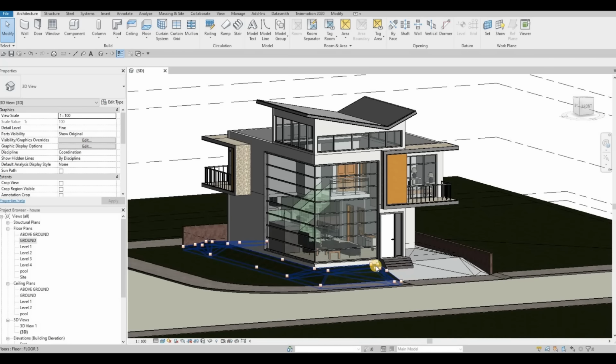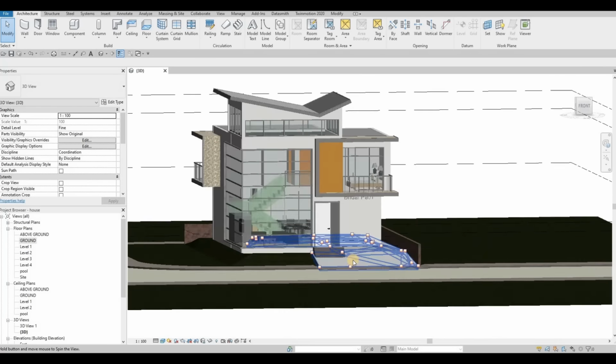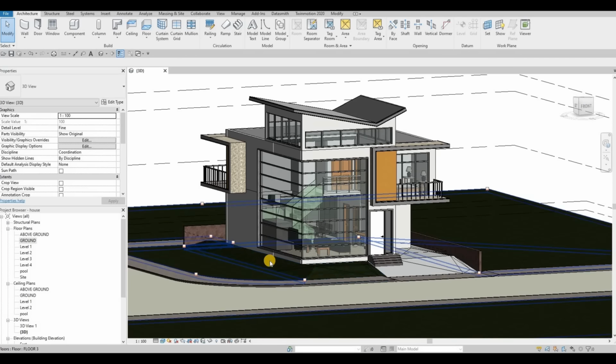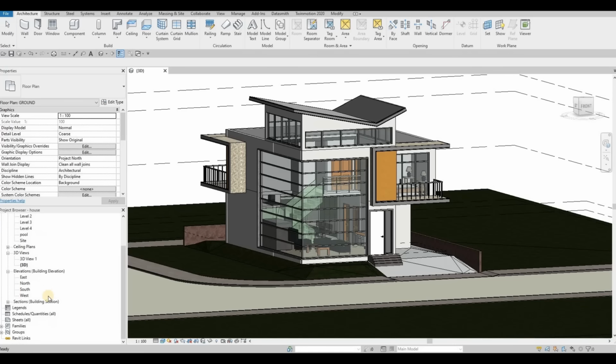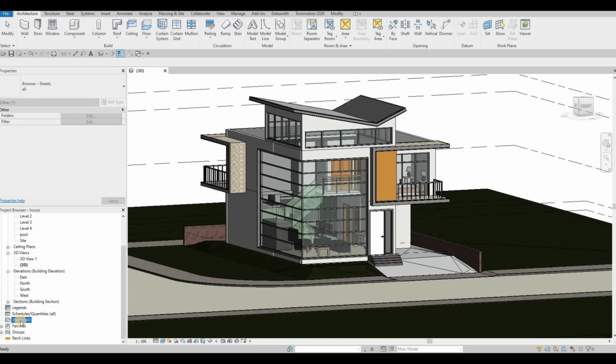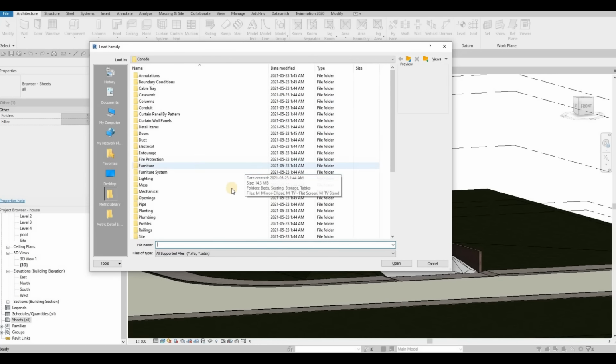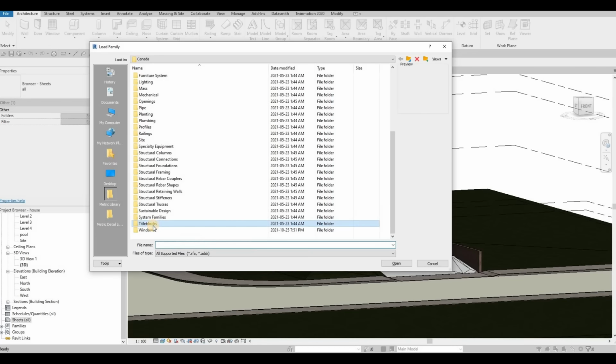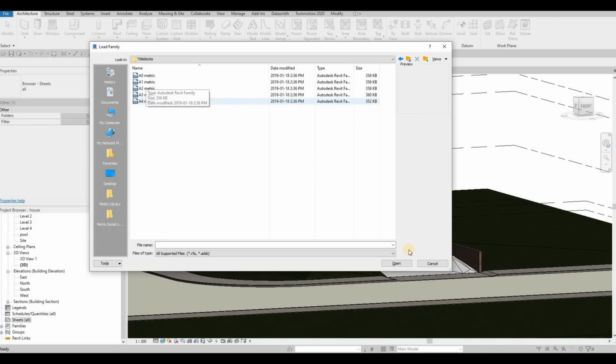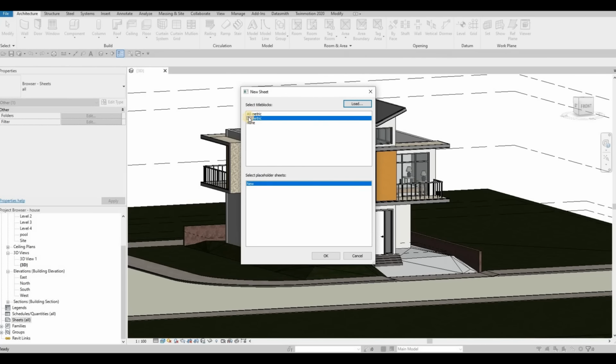So in the last video, we were able to prepare our model for creating sheets. We already finished our modeling, and now I'm gonna show you how to create sheets. So go to Sheets, right click on New Sheet, and then we have A0 and A1 metric already loaded. If you need different kinds of title block, you can go right here and then select them and load them. I'm going to use A0 metric for my sheet,